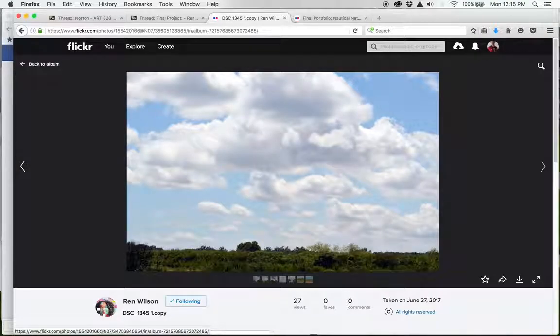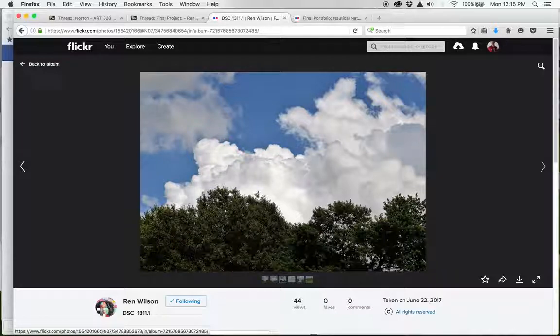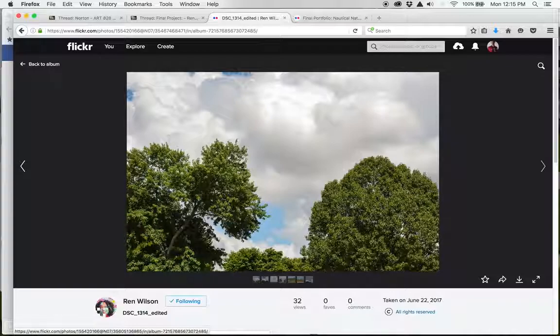But you do shift focus a little bit. And I don't think that's bad. But maybe what we need to consider is the order that we present them in. Maybe we need to break them up a little bit, because that's where I run into trouble here, is I have these three that create one body of work, and then I jump to this image, and then I kind of jump back to the previous sort of image.